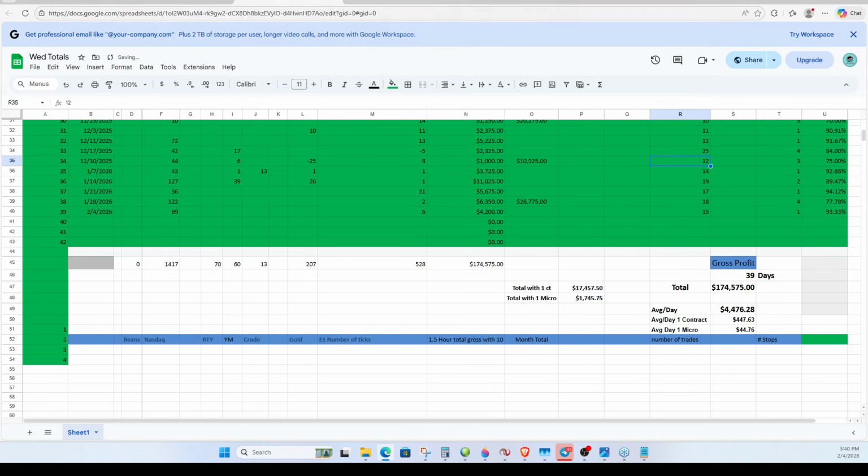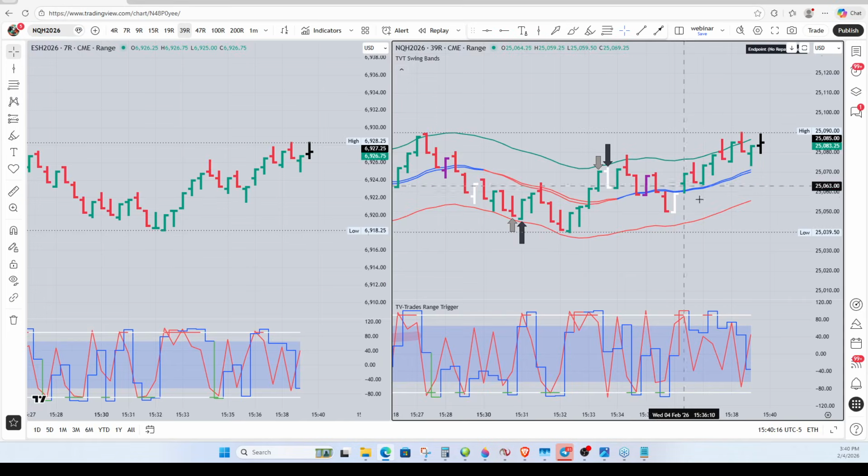Now, I don't have my bracket set up on this for this type of trade. Really, my bracket is set up for what I do in the morning. So the plus 10 is kind of a